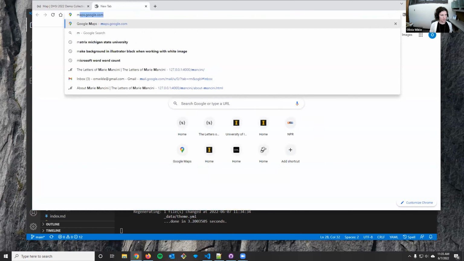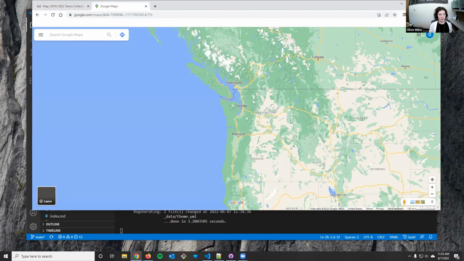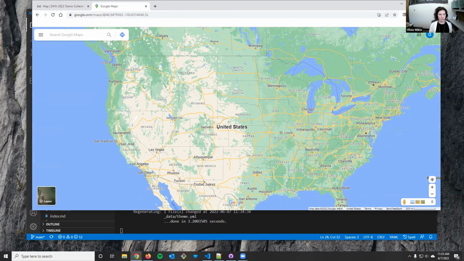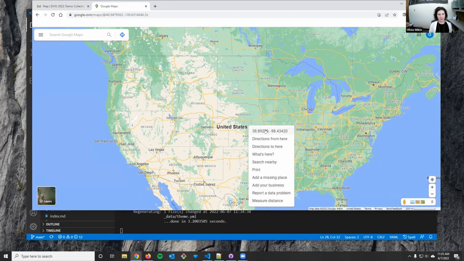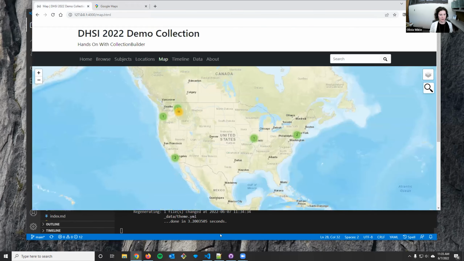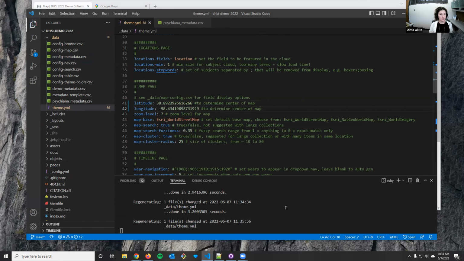So I'm going to go over to my Google Maps, zoom out here until I can get the states here, and then put my mouse in the middle of Kansas and right click, and then just click on this latitude and longitude that appear here. That copies it to my clipboard. I can come back to my theme, and I'm going to just paste right over that first latitude value, copy the longitude value, and delete that extra comma, and then paste the longitude into the longitude value. So I'll save that